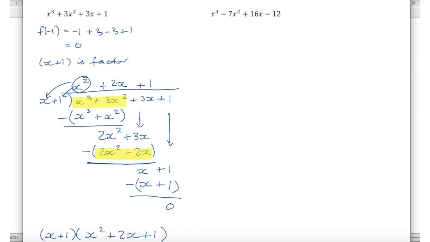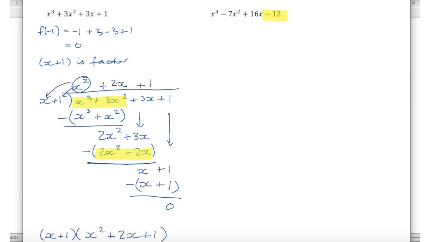So let's try that one more time with our second example. We've got x cubed take 7x squared plus 16x take 12. So I'm thinking, looking at the negative 12 on the end here, that's made up by the three values that get multiplied at the end of the brackets. So I'm thinking that it's got to be something like 3 and 4 and 1, or 6 and 1 and 2, or something like that. So I'm going to try,